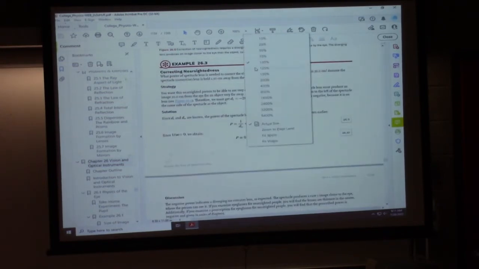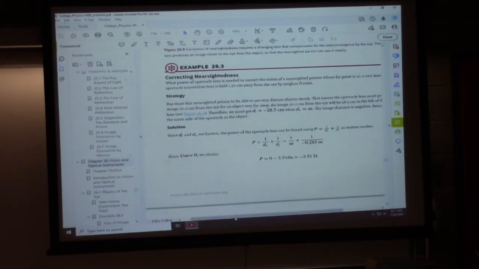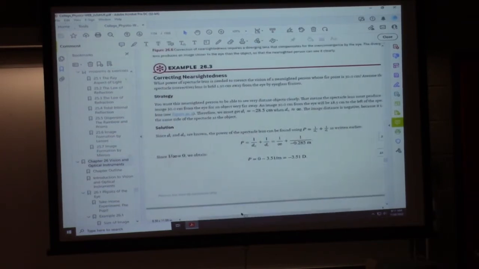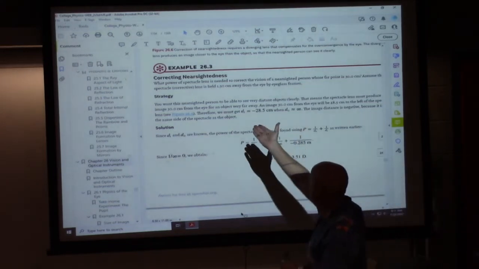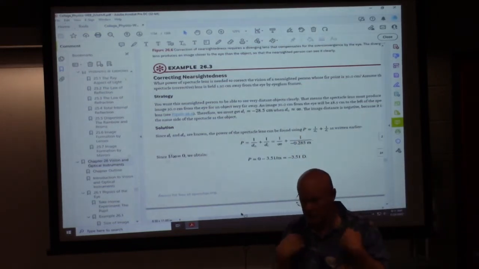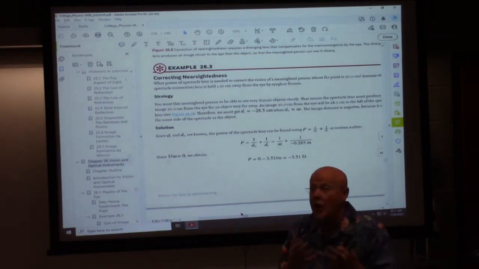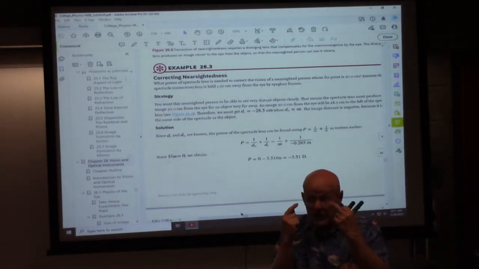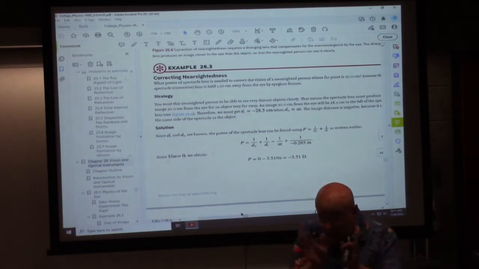And so even though he does it, I think this is worth pointing out here, because it goes on and it says, let's correct someone who is nearsighted. Okay, so we know somebody has myopia, we know they're nearsighted,